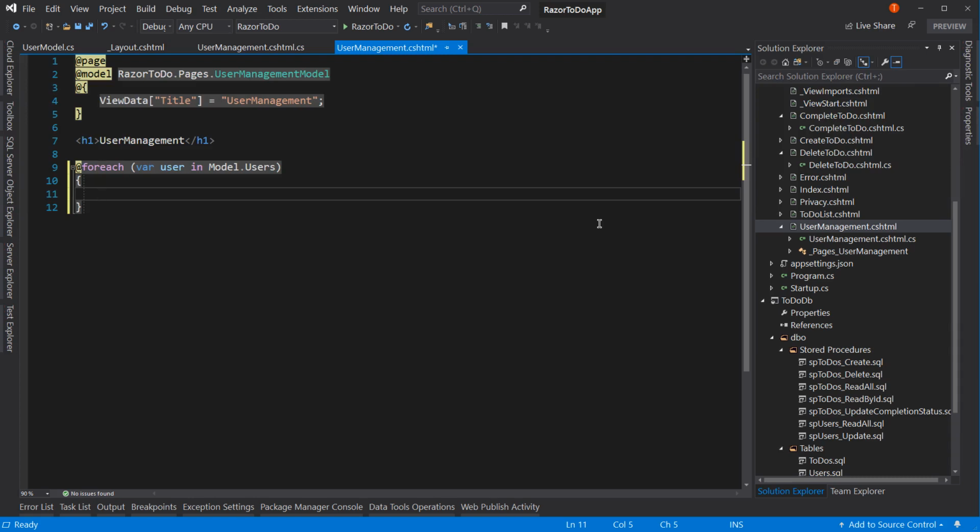So for each user in model.users, we can loop over and create a form for them,